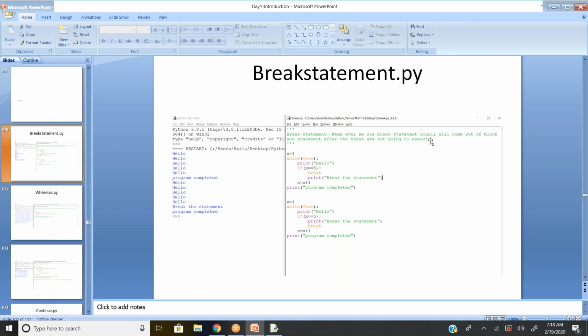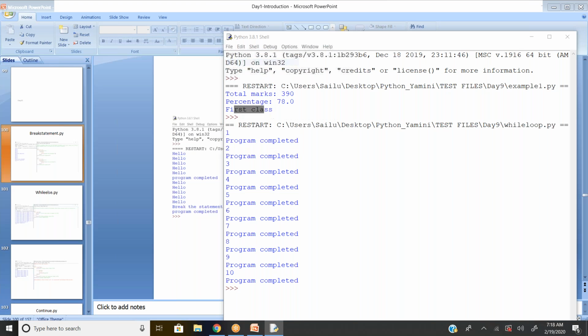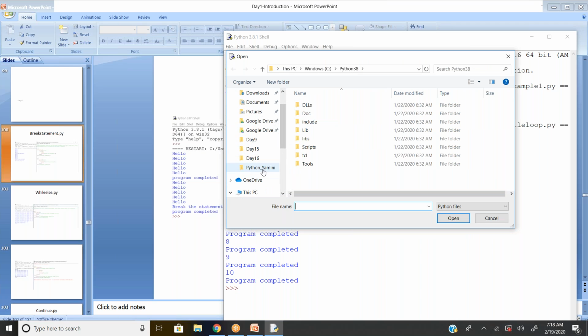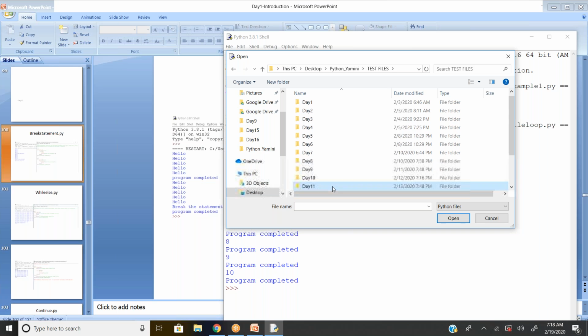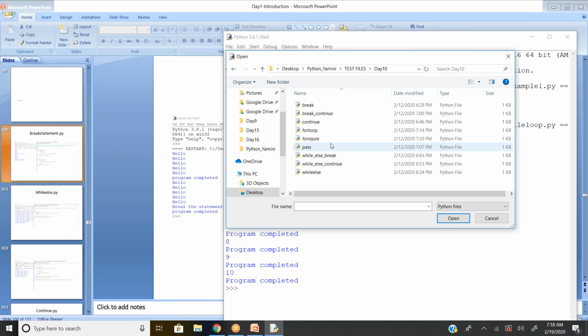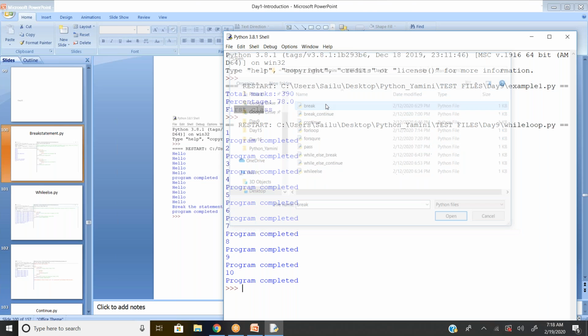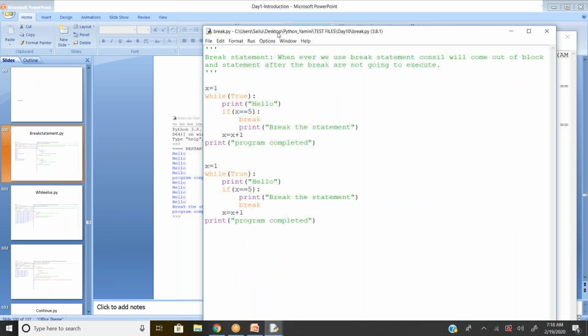If the condition is satisfied, the program is going to be terminated there and it will come out of the loop. Second thing is, the subprogram you have after the break will not be executed. For example, x equal to 1, I have while True.